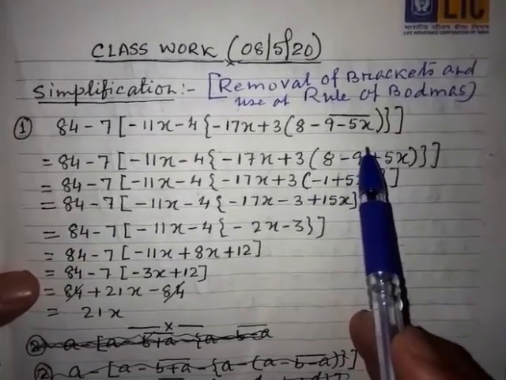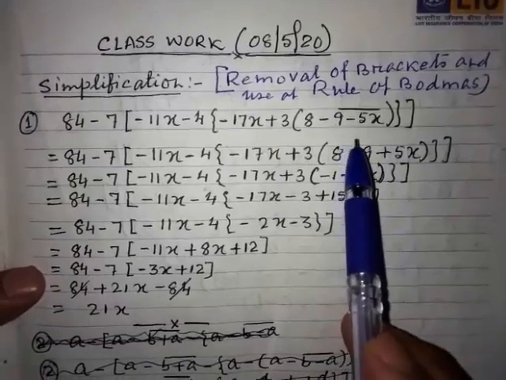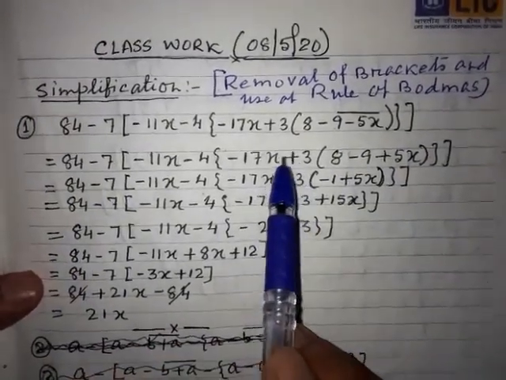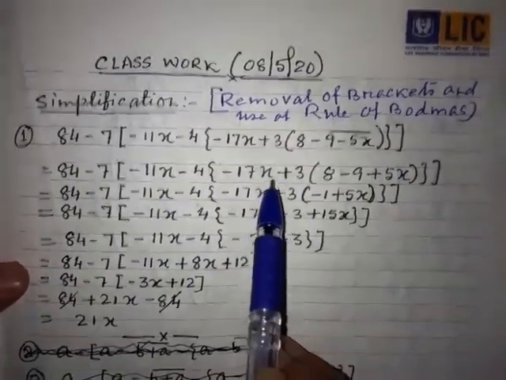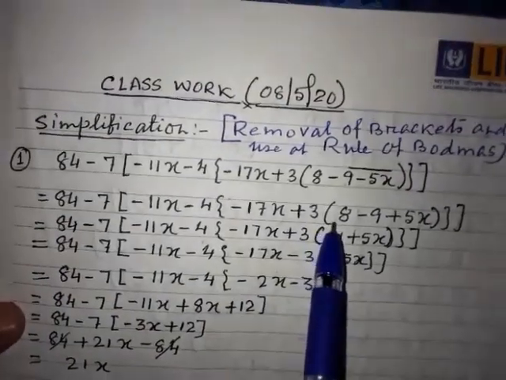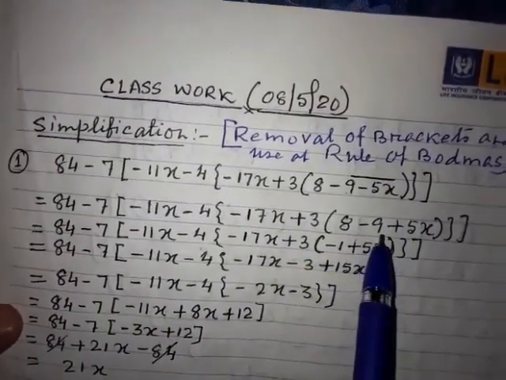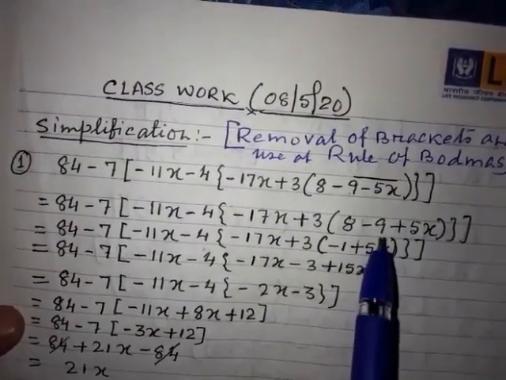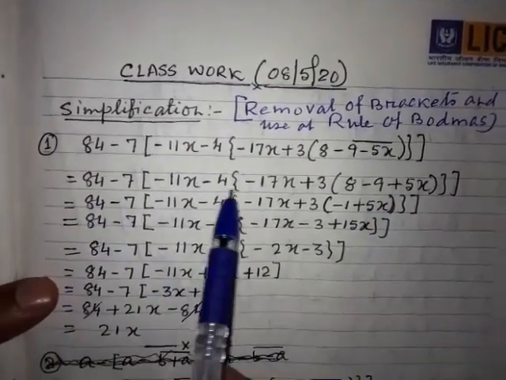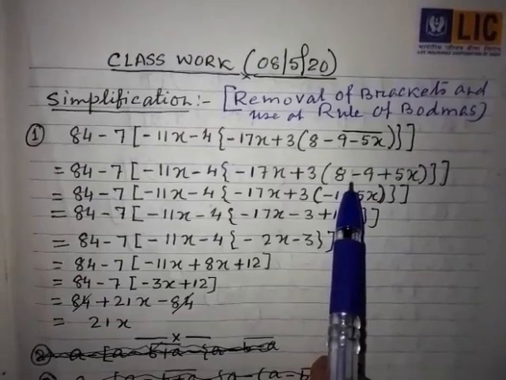So, here also, except the bar bracket, whatever digits or numbers are there in other places of the bracket, we are not going to do anything with those. Only we are going to do the calculation of the bar bracket first. So, up to here, you must have noticed I kept it as it is, the same.